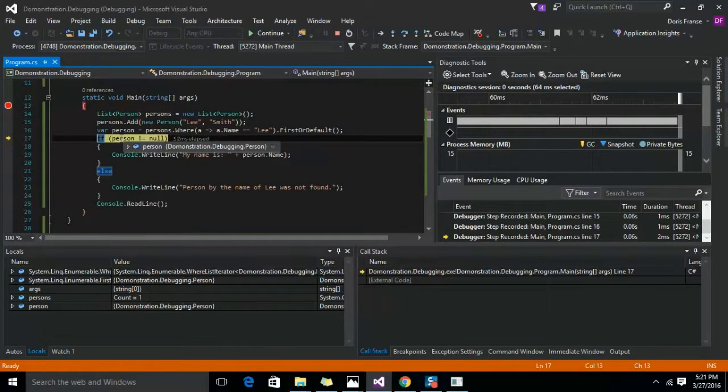So if you look at person, it is no longer null. We have a person with the first name Lee and the last name Smith. And again, depending on the tool that you're using to debug, you might be able to do this by stepping through